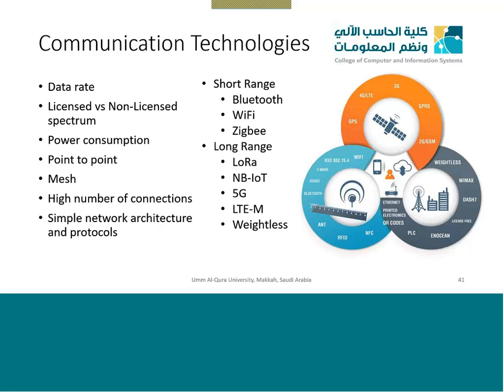The NB-IoT does not work in the free band. You need to buy the SIM from some company who is already having a license, like Zain or STC. They will give you an NB-IoT or a narrowband IoT SIM, and then you can use it. Similarly, for 5G, you cannot just create a 5G transmission, you need a SIM, and you need to be connected to some server, which is the base station or the tower. So for that, you also need a SIM.